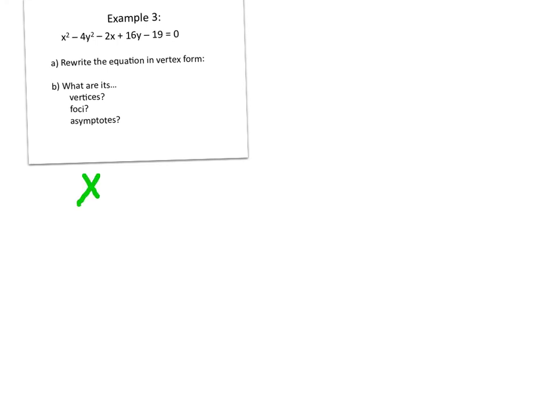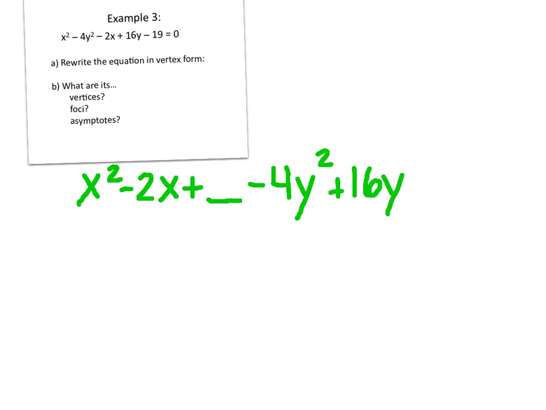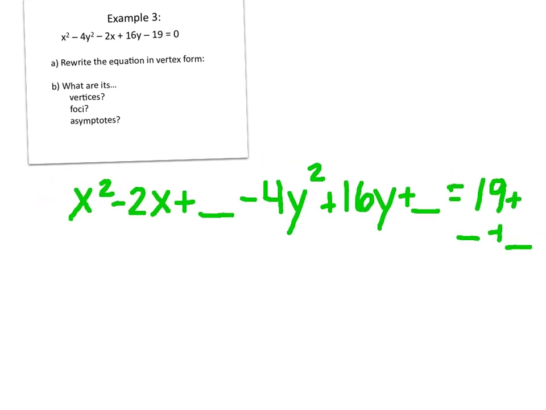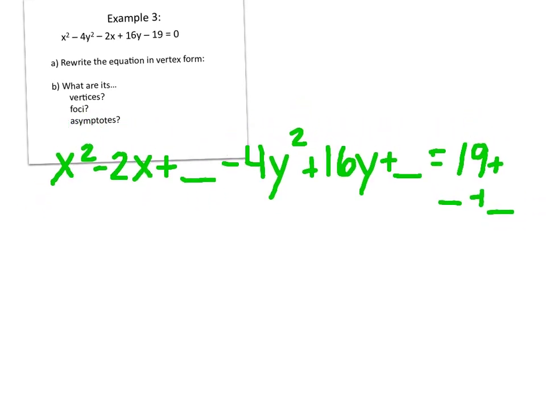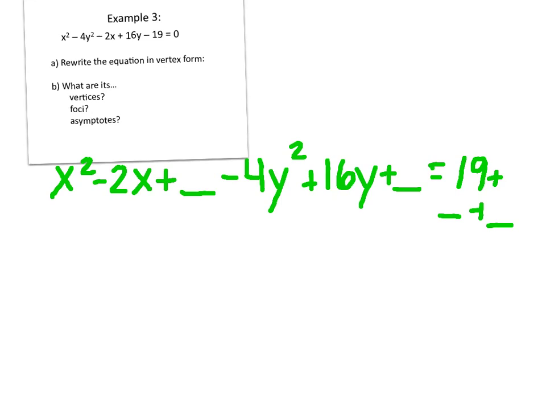I'm going to rewrite it, so x squared minus 2x, I like to leave a space for x, and then minus 4y squared plus 16y, leave a space, equals, I'll bring the 19 over, right, plus. I'm running out of space. Here we go. Okay, let's shrink this a little bit more if we can, or slide it up. Let's slide it up. There we go. Okay, so